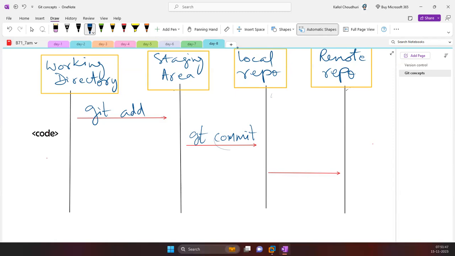And then when you want to update your remote repo, in this case the remote repo is going to be GitHub, you are going to do a git push. You are pushing your code into the remote repo, and then GitHub will get updated with the latest code. Now, suppose this was for developer A. Now, developer B,